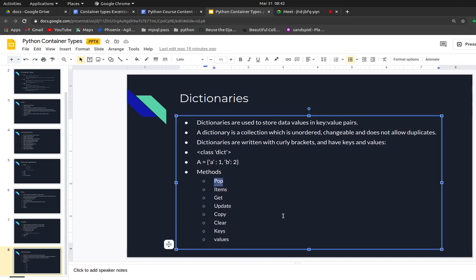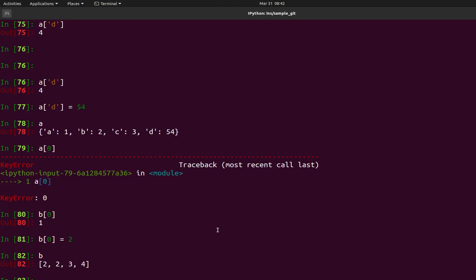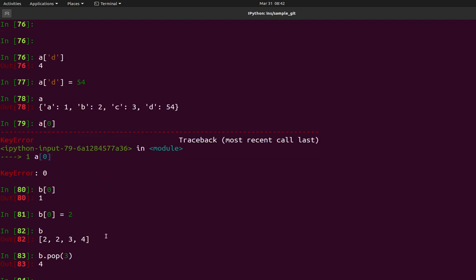We have pop, a simple thing, similar to how we had pop in lists. B dot pop, and you have to give the index. If I give 3, it will pop that particular index value. Whenever I give any index, it will just remove that value.